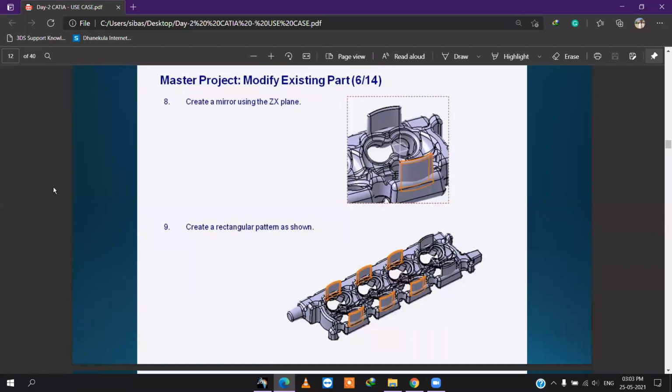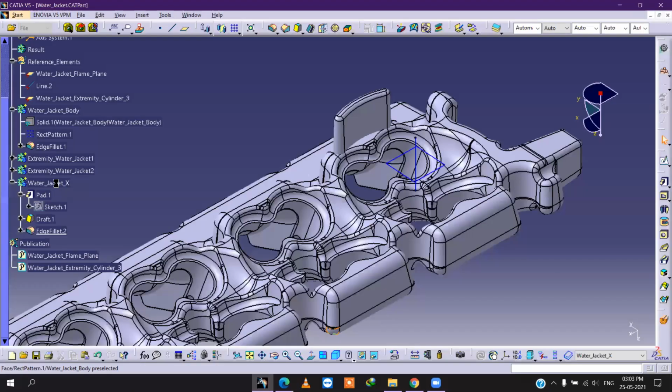You have to select this one, what we have created. After that, you have to go for the mirror option. Okay, here the mirror option is there.